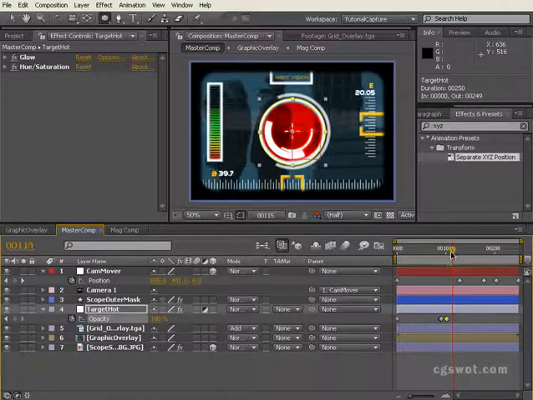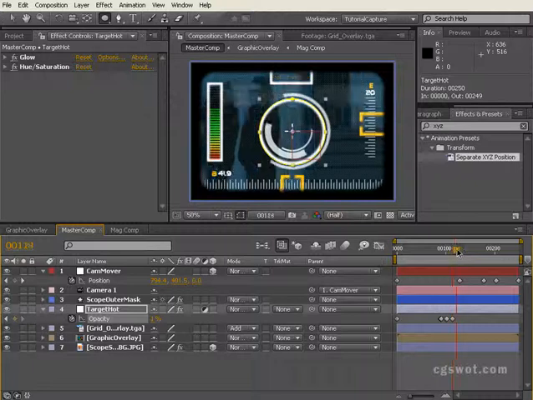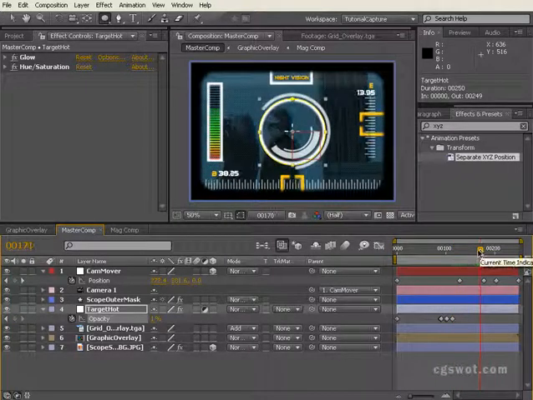And same again, just before it leaves, create a keyframe, and then when it's off, wind it down, and when it comes back on again, create a keyframe,